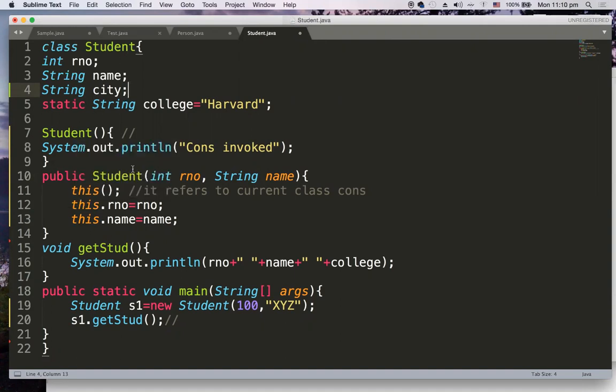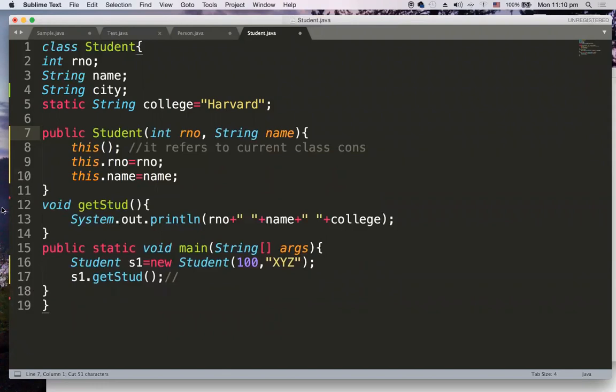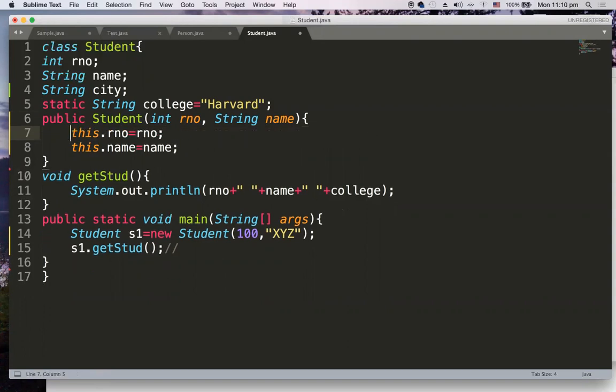Let us assume I'm removing this. I have the initial constructor, which is constructing roll number and name only.